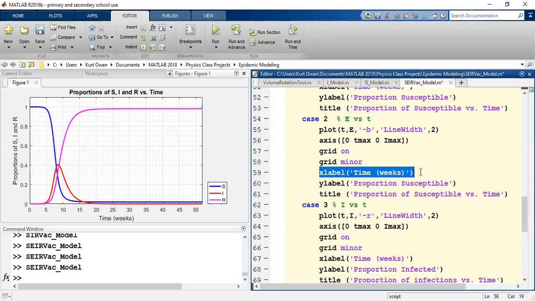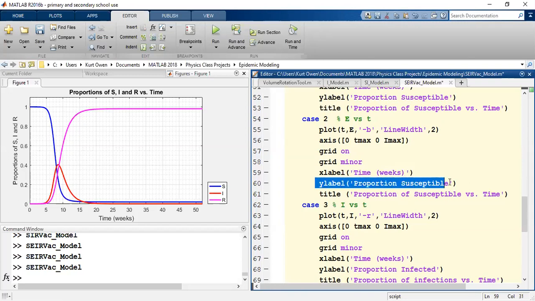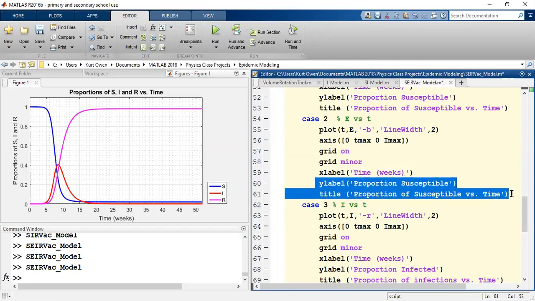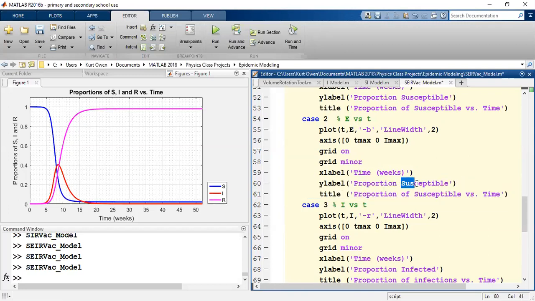That stays the same. The X label is still the time in weeks. The Y label and the title are two things we need to change. So just working our way down, this is the proportion that has been exposed. And then the title would be proportion exposed